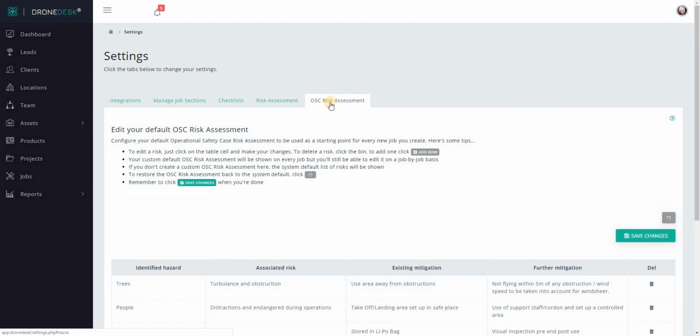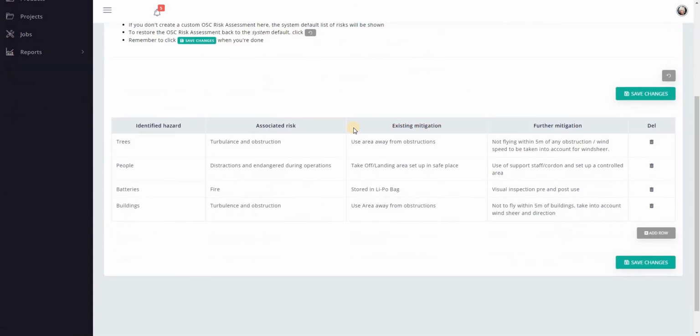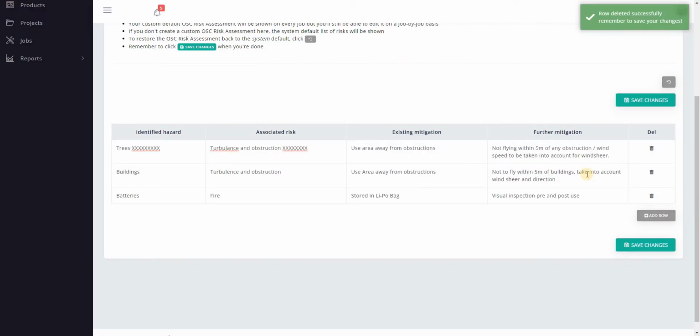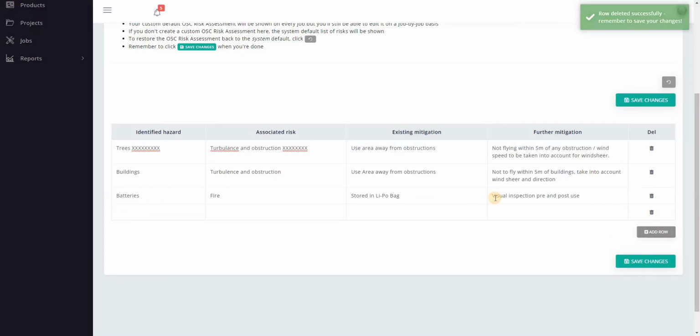into the OSC Risk Assessment tab, and then you can modify, delete or add new rows in this section. So just by way of demonstration, we'll add some obvious text to the first item. We'll delete the people item, and then we'll add people back in and just enter some test items. Click save changes,